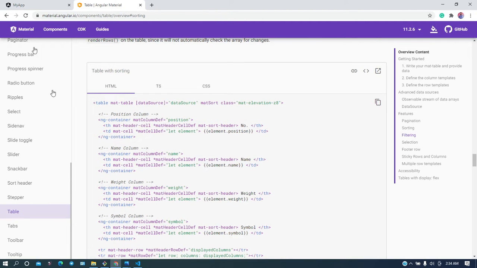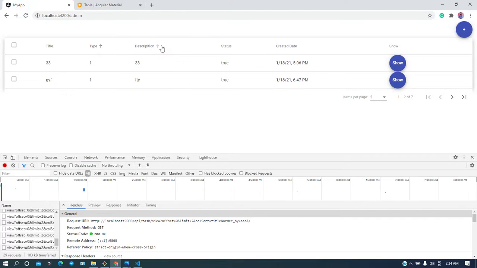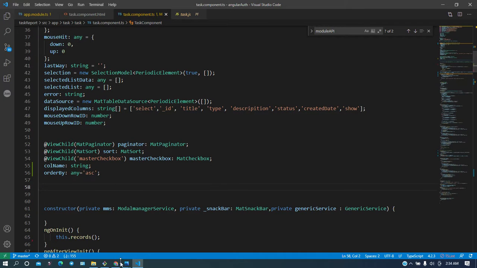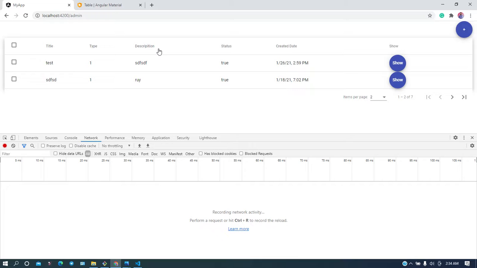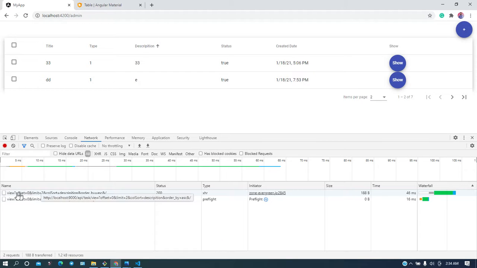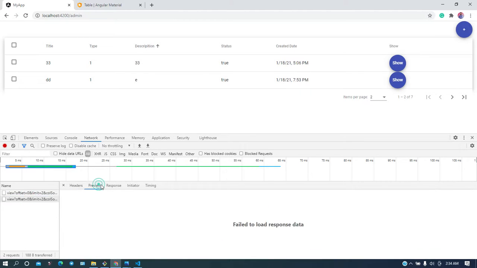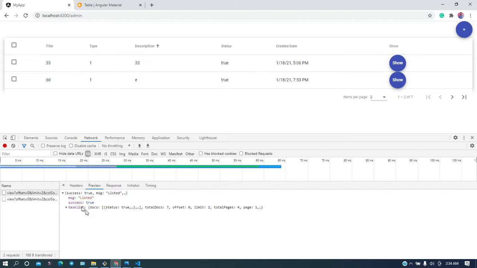If you look at my code, if I click here on the up and down icon, then based on that its description is sorting ascending, descending, like that. So in my case, each time I click the up and down icon, you can notice that one API call happens, and in that API call we get data, and whatever data we get is displayed here.